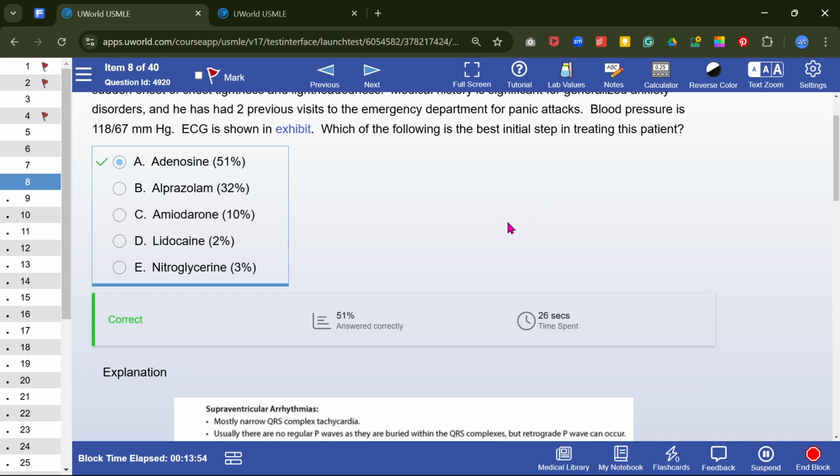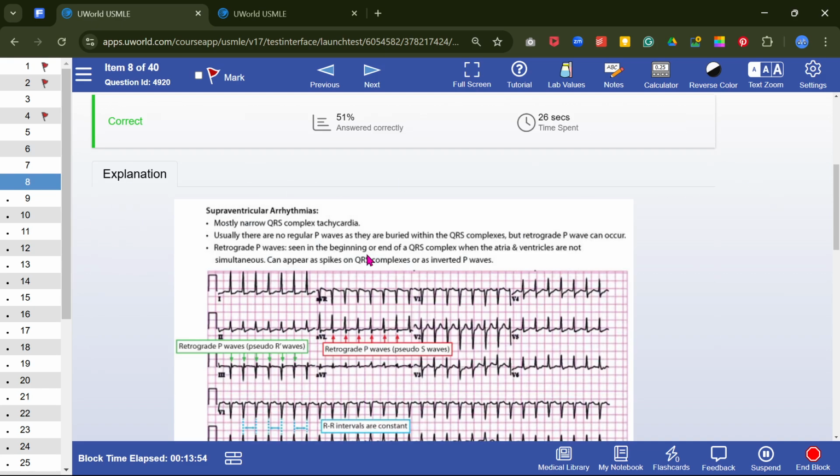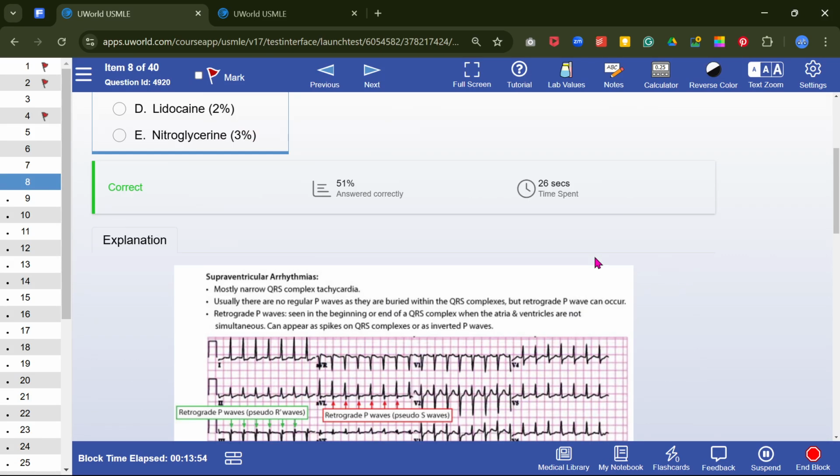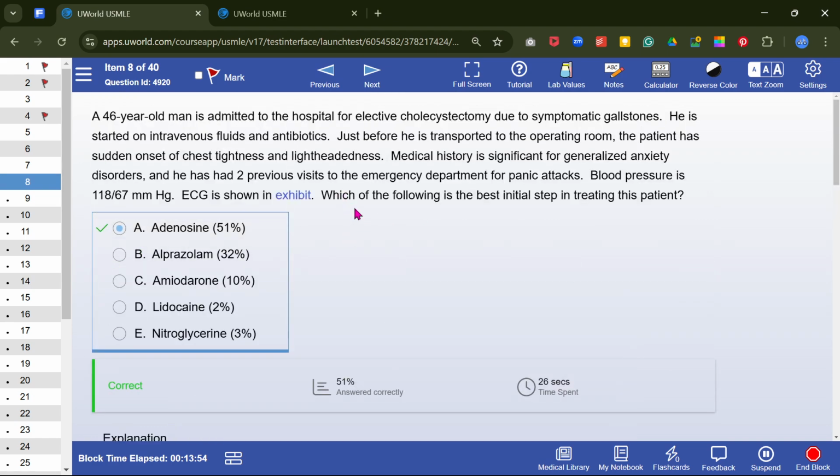If the ECG shows SVT, supraventricular tachycardia, and the drug of choice for SVT, yes. I haven't read the question. I just see the ECG and I know the answer. This is actually a clear cut question. If somebody has SVT there are lots of treatments, but the drug of choice for SVT is adenosine.